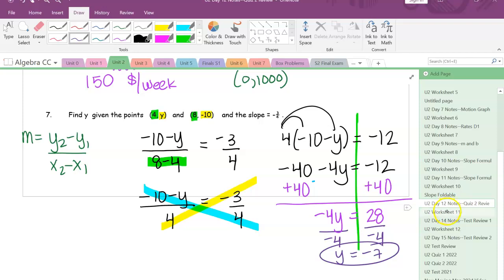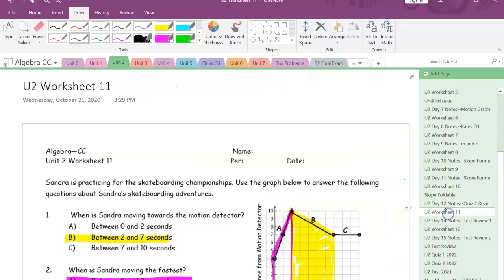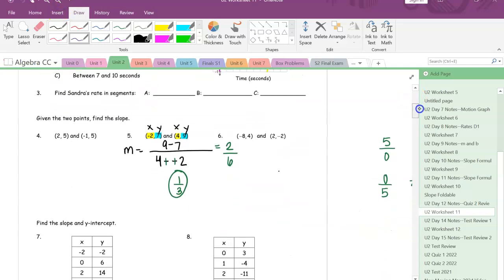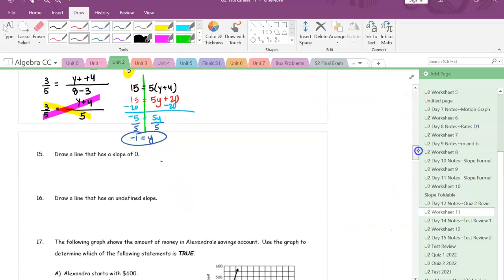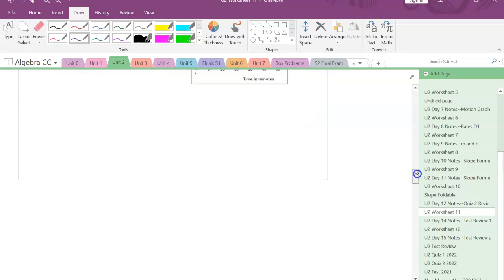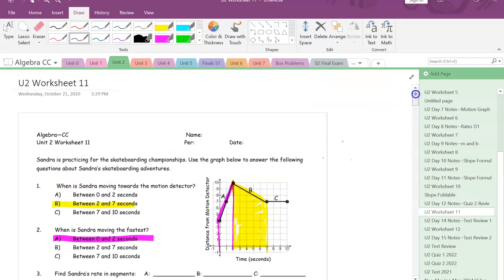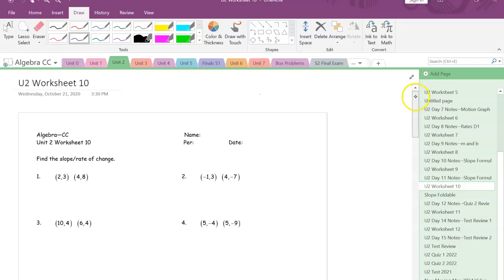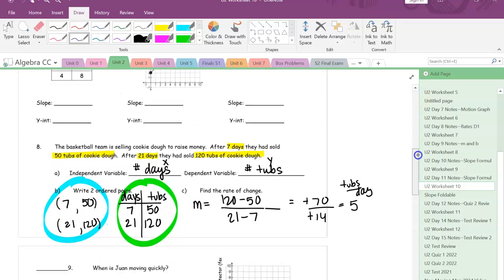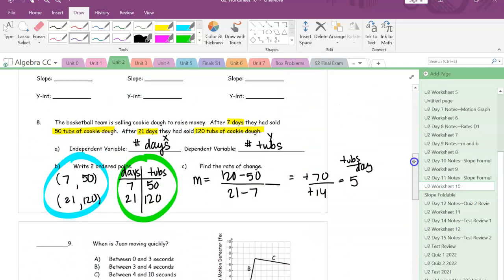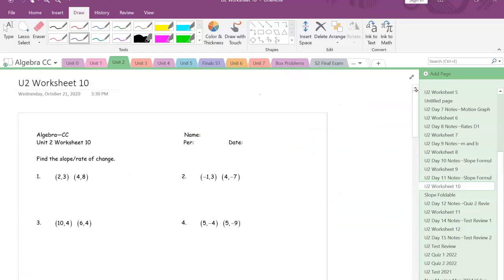All right. Then once you do that, you're going to go ahead to your homework packet. You're going to find worksheet 11. Oh, it looks something like this. Okay. And you're going to go ahead and work on worksheet 11. Now, the only people who should not be working on worksheet 11 are people who have some missing work. So for example, if for some reason worksheet 10 didn't get completed last night, because you were like, oh, Mrs. Stites isn't going to be here, I don't feel like doing it. Well, guess what? You should work on worksheet 10 because I'm going to be checking it when I come back